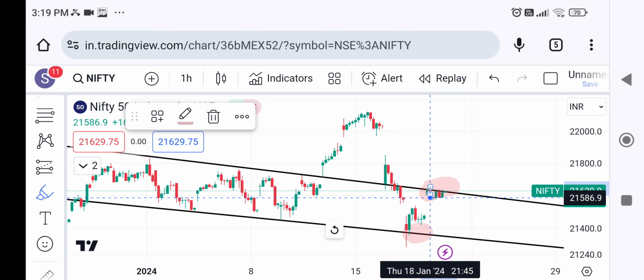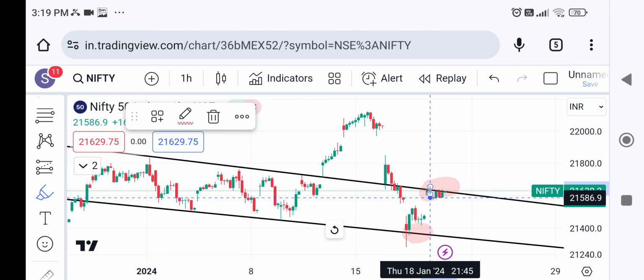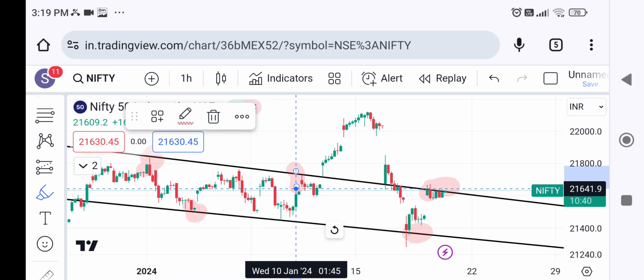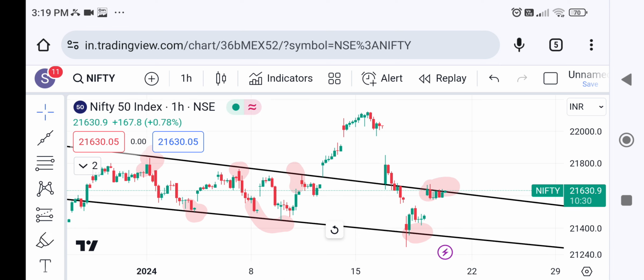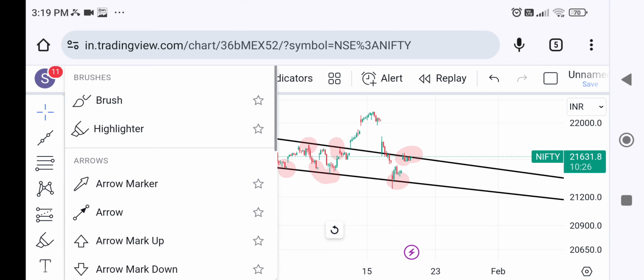So you can look at these contact points where Nifty took support and resistance. So this is how trend lines can be used. So this whole thing, I think